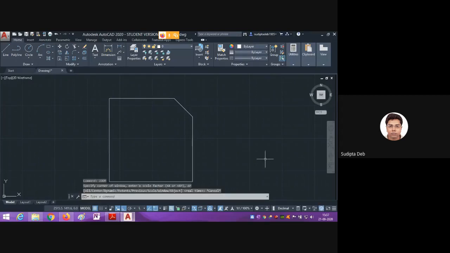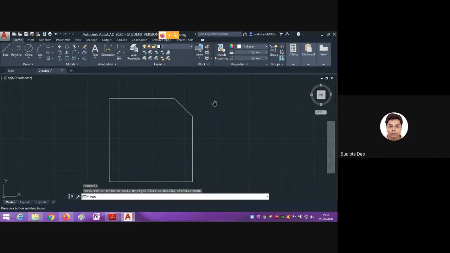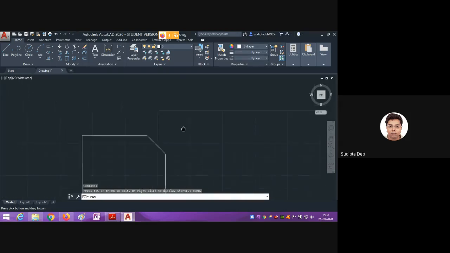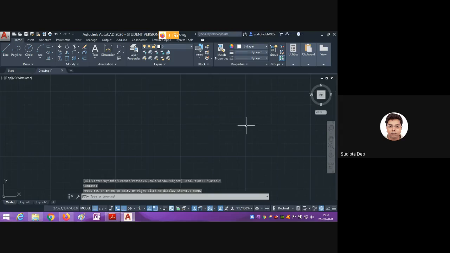Let me show. Another command, pan, looks like a hand. If I press and hold the mouse left button, I can move in this way. Right now the drawing is not visible, but we have drawn here.